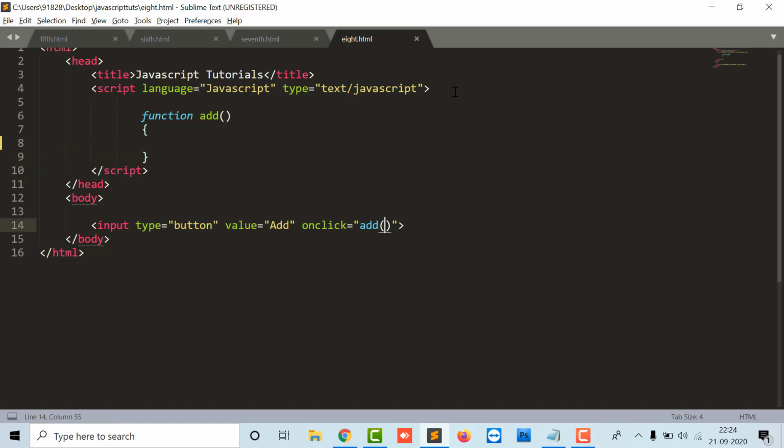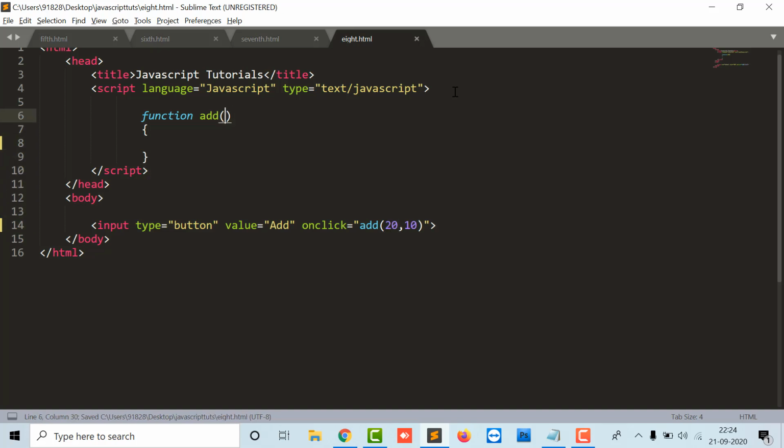So if I want to pass parameters like this over here, like my name and the value 10, or what we can do here is pass 20 and 10.